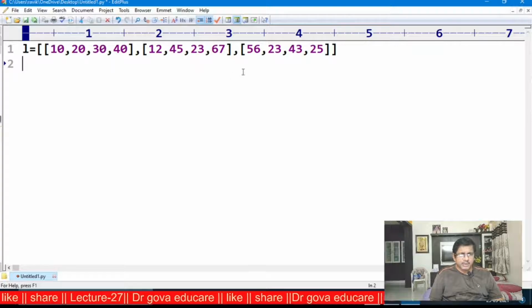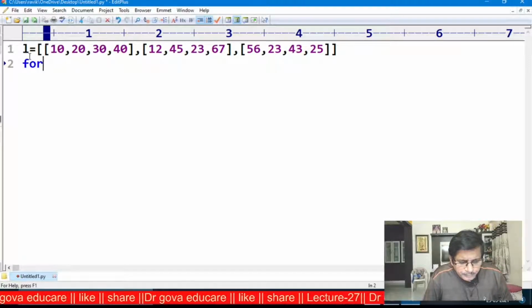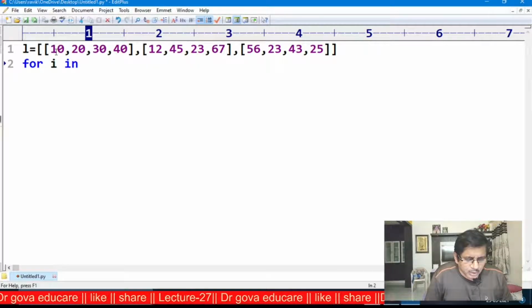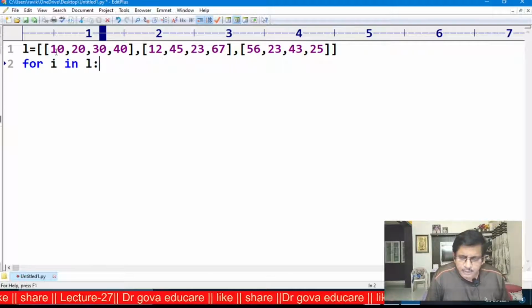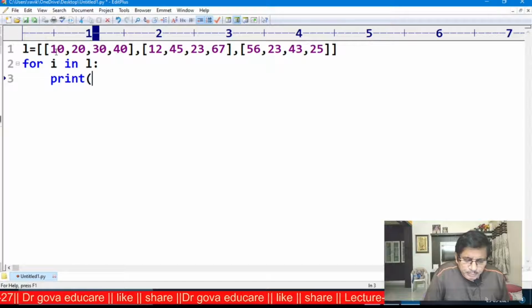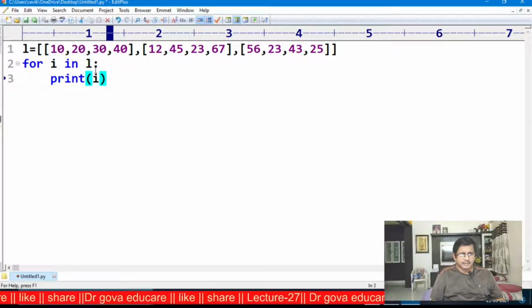I am using the for loop. Now, for I in L, print I. That is, I takes the first element, that is this is the zeroth element.